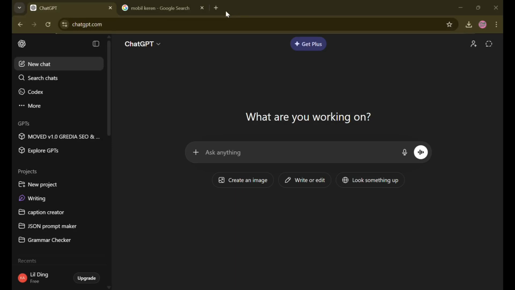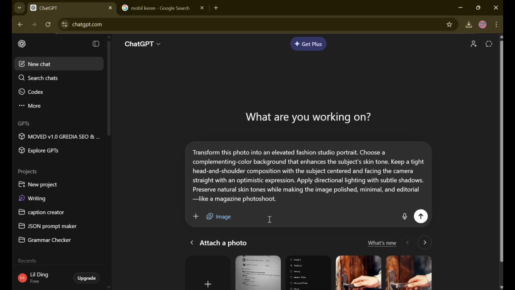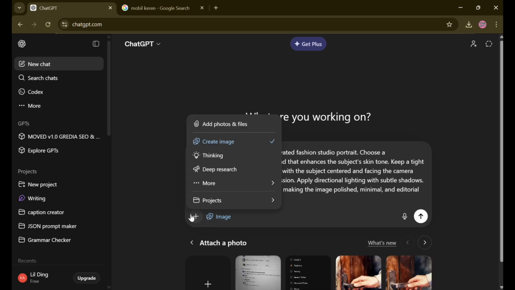In this tutorial, I will show you how to turn your normal photo into an aesthetic studio headshot for free. First, just open your ChatGPT. In here, we will use ChatGPT, and then after that, just tap on Create Image, this one, and then in here, just choose this studio headshot like this, and then after that, just upload your photo on here